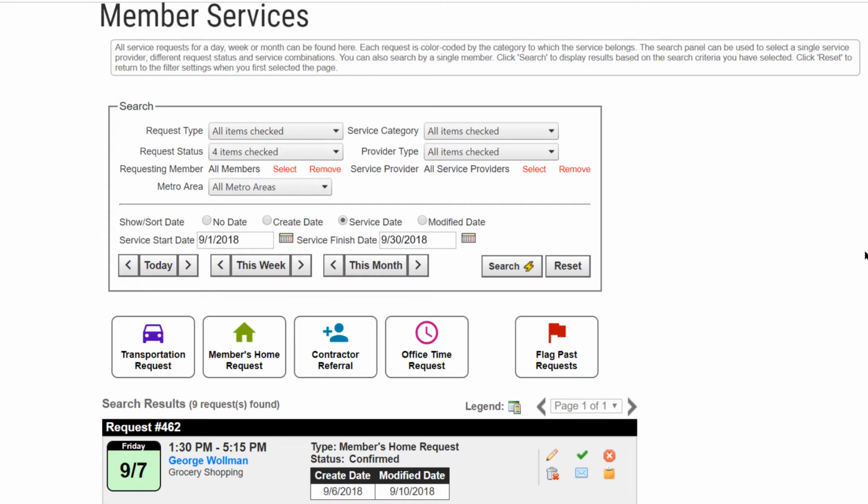For both transportation and members' home requests, administrators and coordinators initially log the requests, and then, as providers are selected and confirmed, the requests are edited to reflect the updated statuses and perform the appropriate actions. Please watch the Advanced Service Request Features for Villages video to see how to add contractor referrals, office time requests, and look at the Find a Contractor and Be a